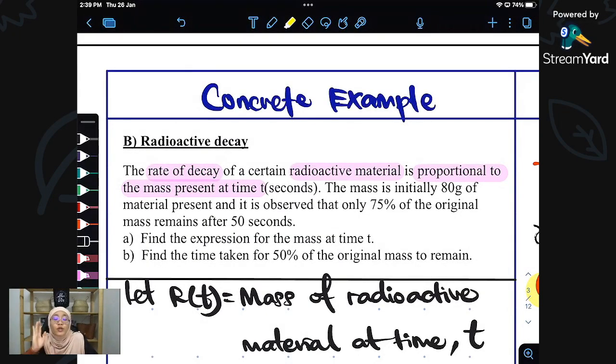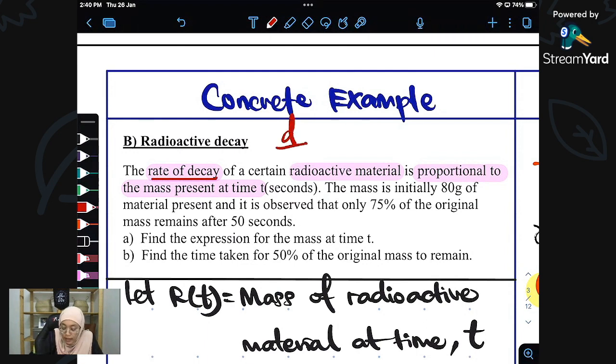Right, let's go to the next application, which is the radioactive decay. So let's read the question here. The rate of decay of a certain radioactive material is proportional to the mass present at time t seconds. So this first sentence here is very important. This will be your first, very important equation, because the word rate here